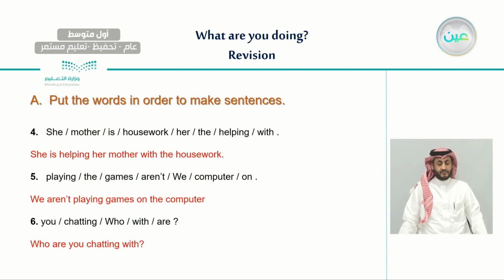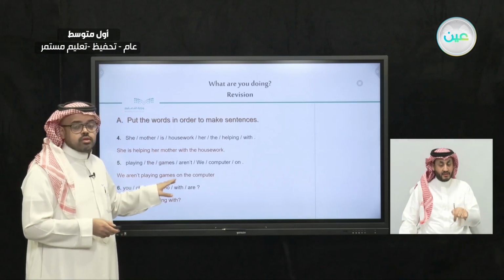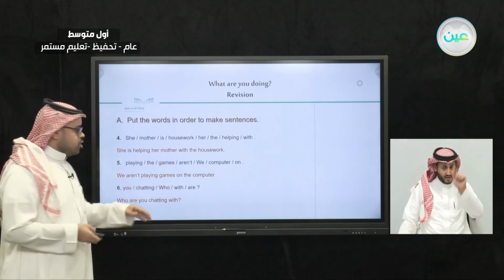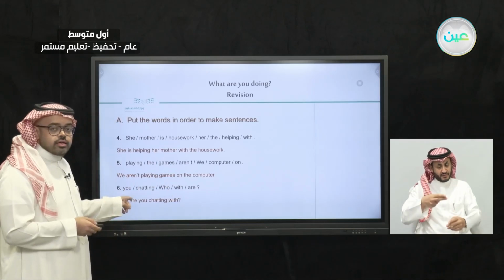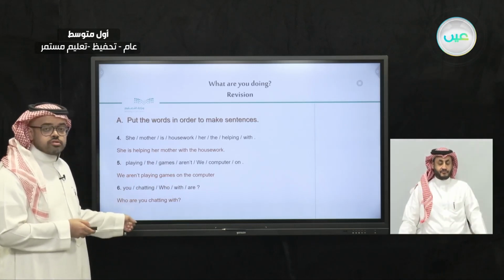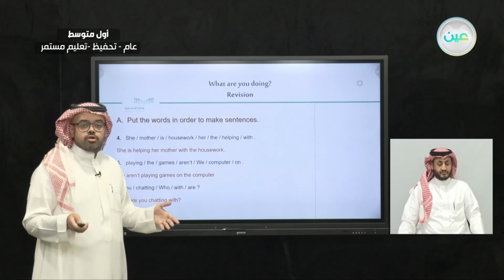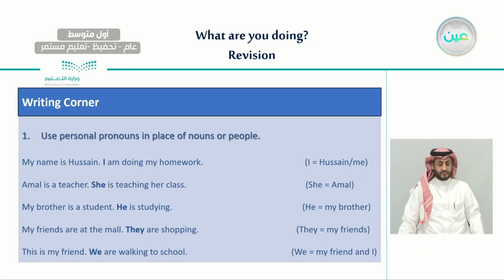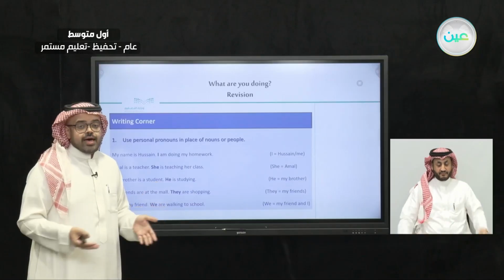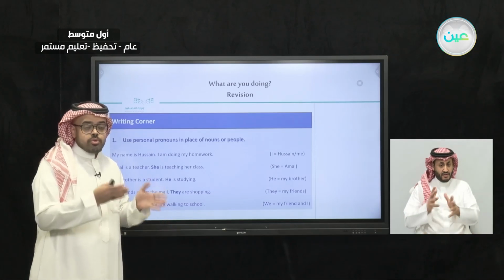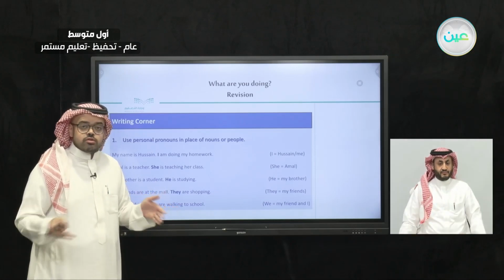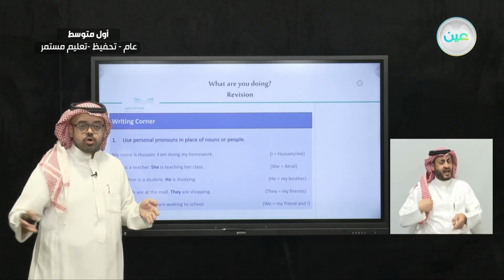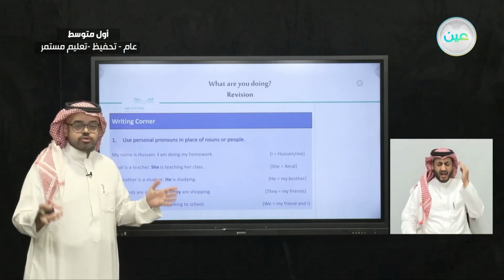As we said, if the sentence is not a question, we always start with a subject. And if it's a question, we always start with either a double-edged question, like number 6, or with a verb to be. And also, we have learned that we can use a personal pronoun. So, for example, if we're going to talk about a person for more than one sentence, we should not repeat the name. We can only use a personal pronoun instead.